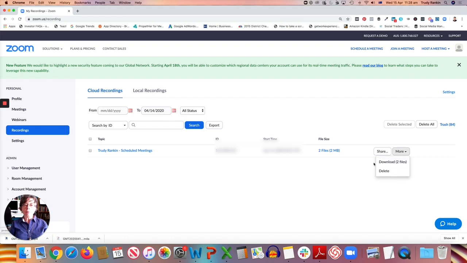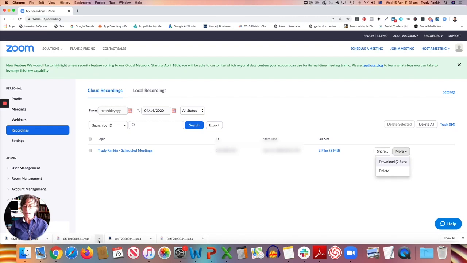Now Zoom provides some storage space for your files, but not a lot, so you'll run out of space quite quickly. So it's really important that you come back here on a regular basis and clean these files out. So I always just come in here and download the files, and if you click download, it's going to drop it into whatever area of your computer your downloads go.